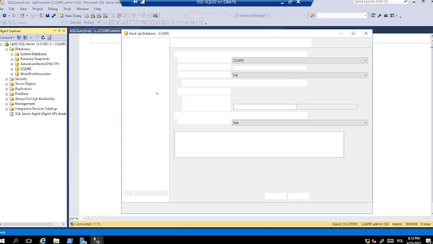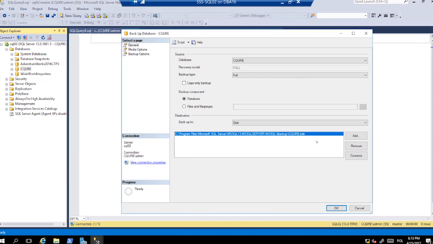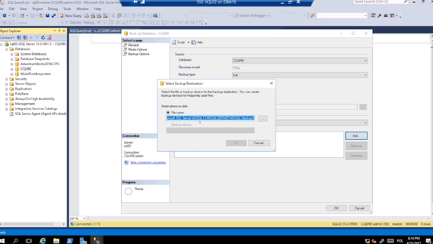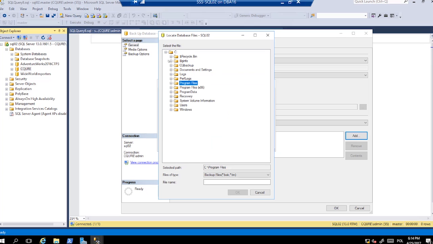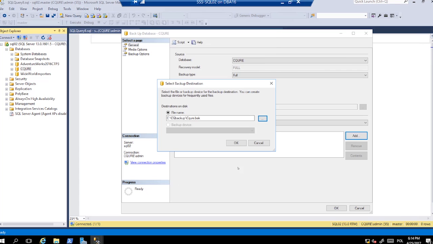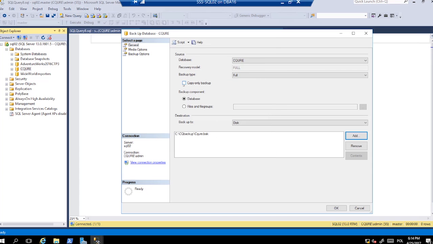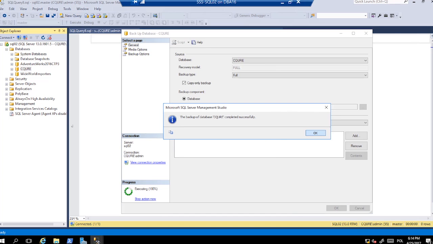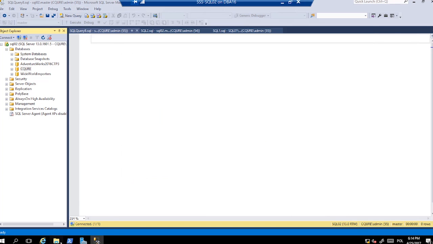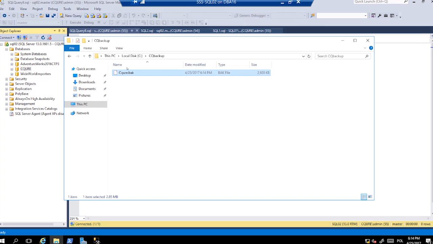This is the old default medium, so I remove it, add a new one, so I can browse for it. CQ backup, CQURE.bak. I select copy only. Okay. So inside this folder I have my CQURE.bak. I can copy it